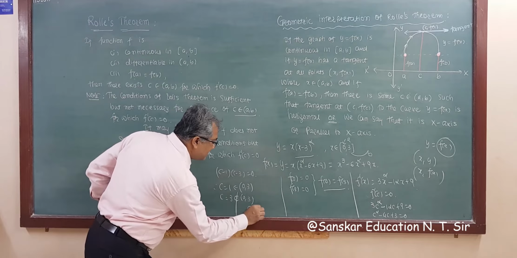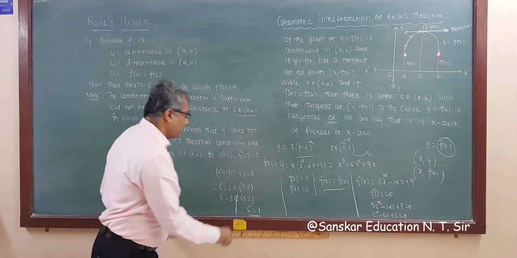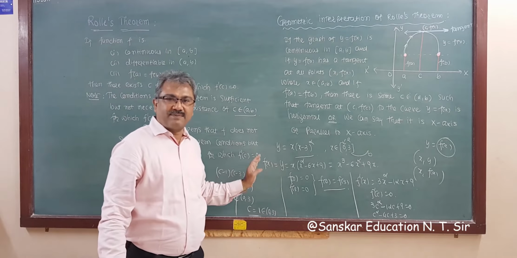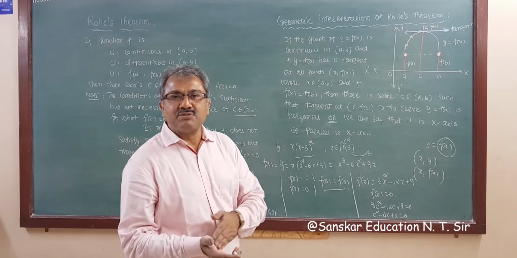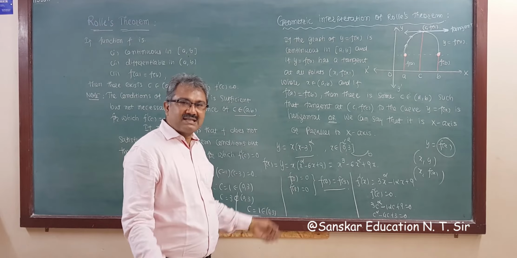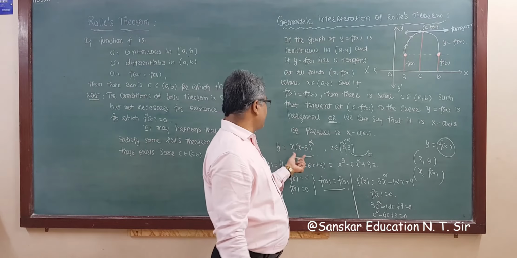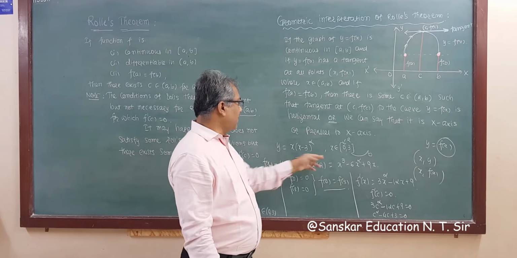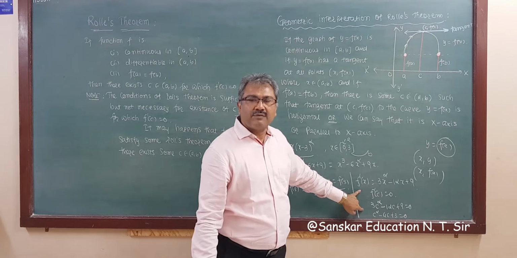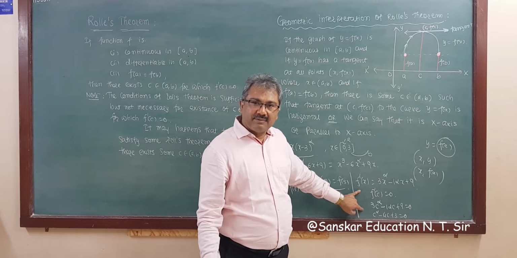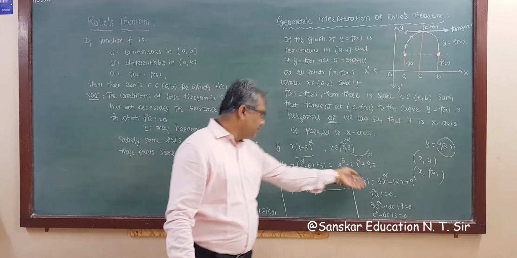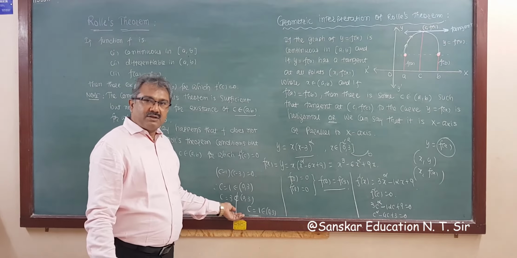So we will get the value c is equal to 1, which belongs to the open interval 0 comma 3. This is an important aspect of questions for your MCQ, because I don't think this is a 2 marks question, this is a 1 mark question. You know this function is continuous and differentiable, and if you put f equal to 0, this is 0, 3, 0, so f of a is equal to f of b. You have to do this only for finding c in the exam. You find f dash x, then substitute c and take f dash c equal to 0, and you will get your c. So this is Rolle's theorem.